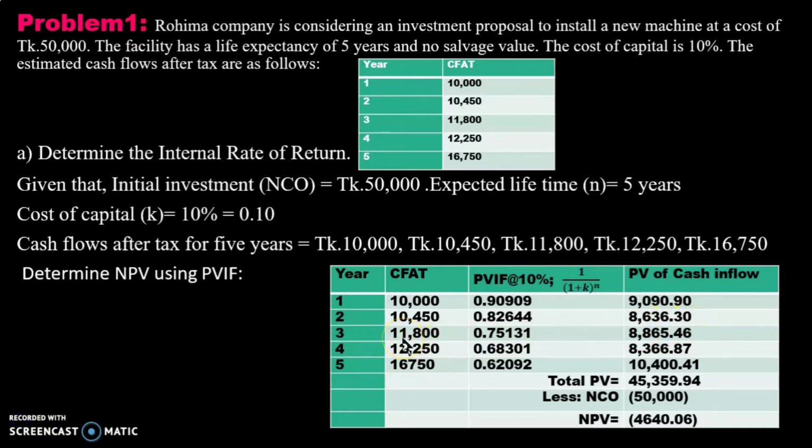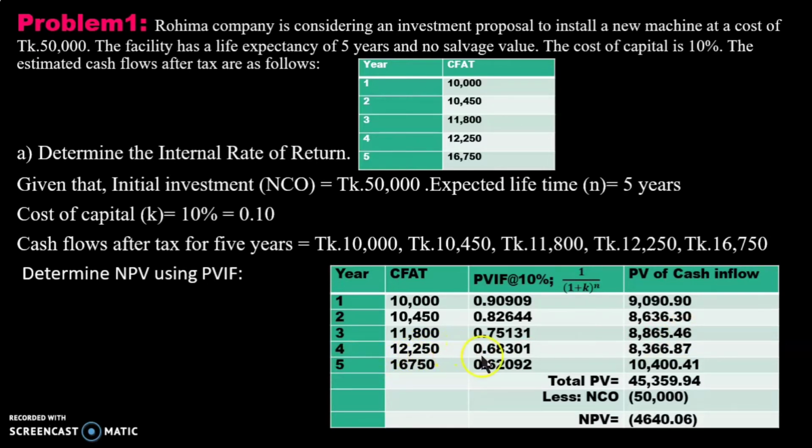And third year 11,800 into 0.75131, then we will get the value 8,800 and 65.46. And fourth year